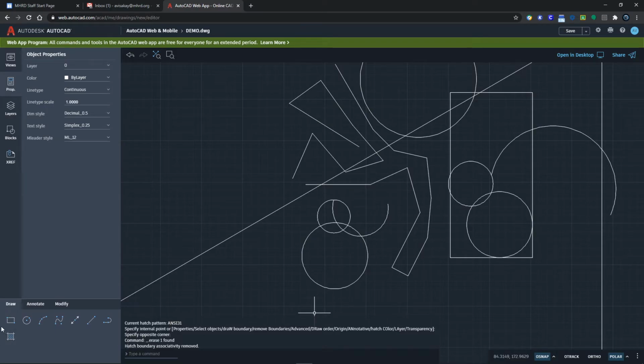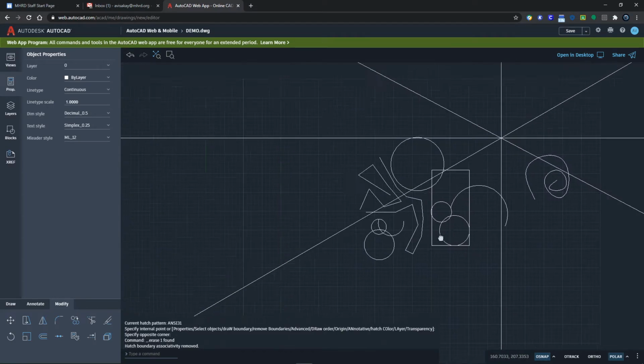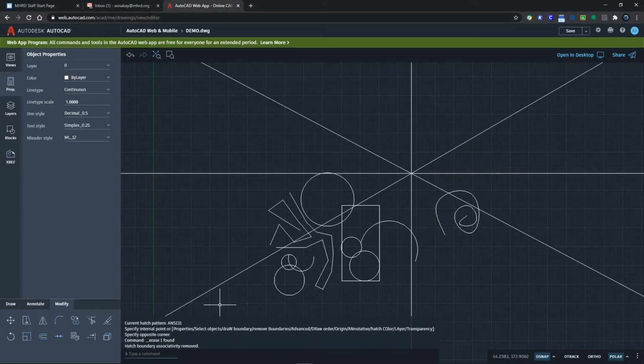All right, that is all the draw commands that are available to you in the web version. Pretty simple, pretty straightforward. I'm going to go right to modify. I'm going to skip annotate for now. It's really just for dimensioning. When we go over what dimensioning is, we'll go over these. I'm just going to go right to modify so you can start drawing some stuff. So the first one here